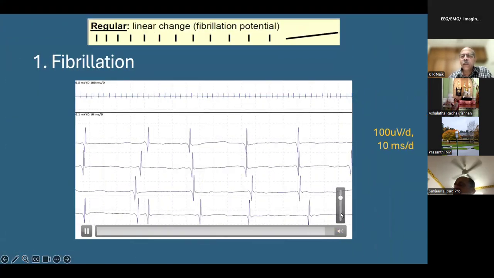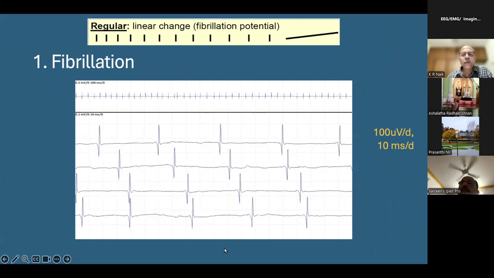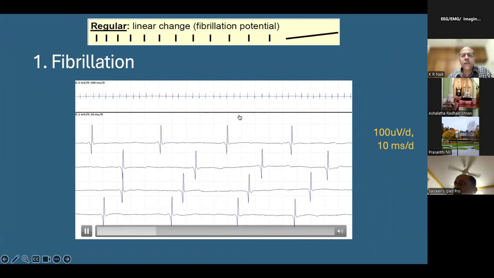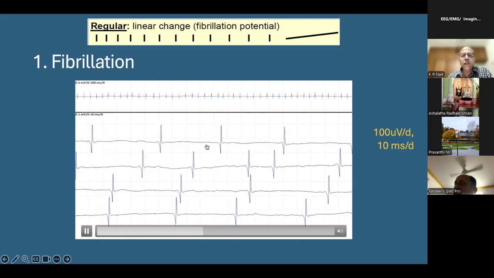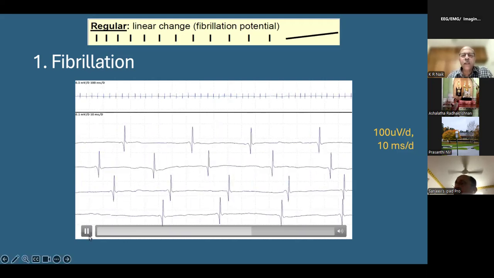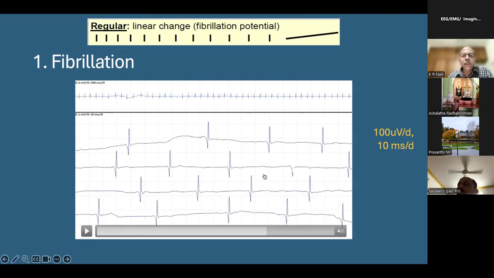And when you use the sound, it's almost unchanged. Very minor variations are there, but the interval between each spike is the same. And why can it not be MUAP? It's possible that this could be MUAP, but the reason why it is not MUAP